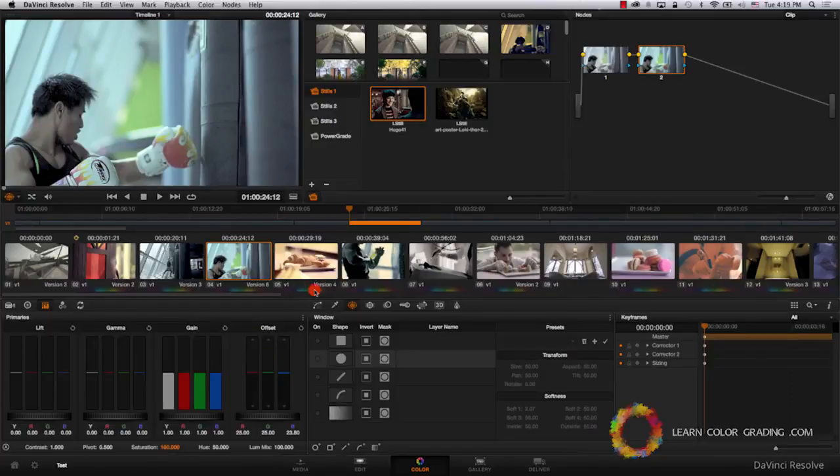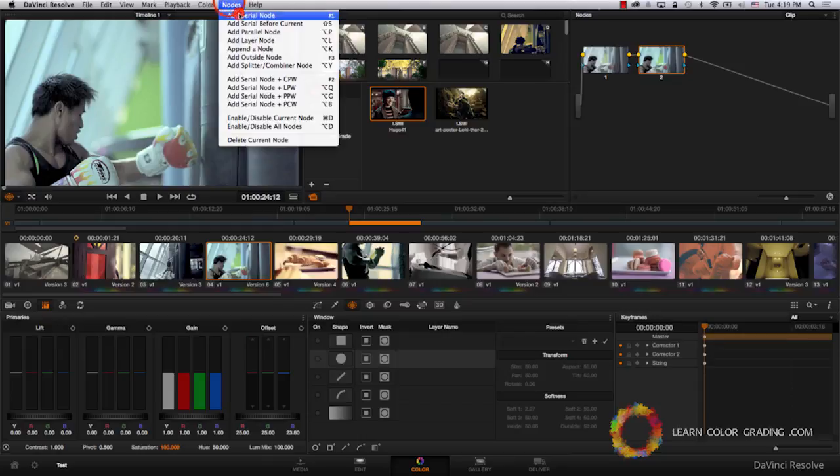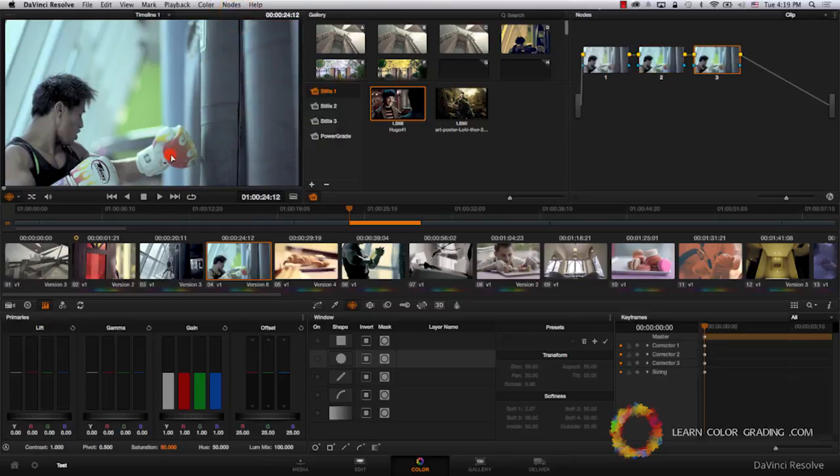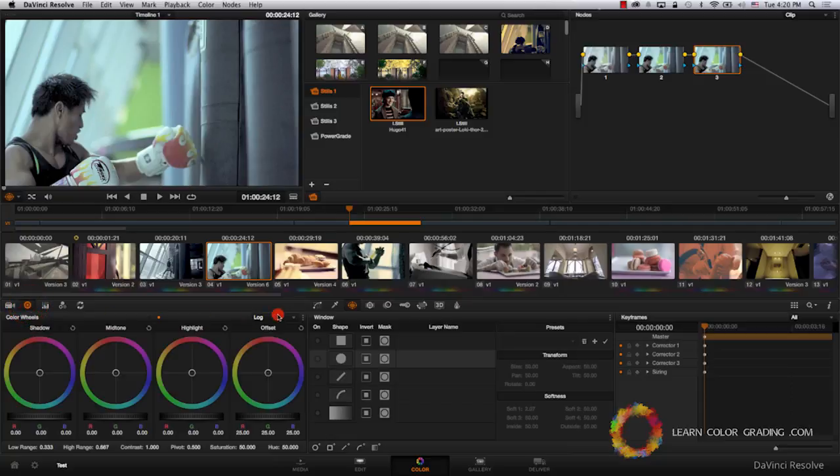I'm going to add a new node. And to stylize the image, I'm going to do it in log mode. Let's go back to the color wheels again and choose log mode. No, we were in log. I just don't like the green background here. The whole image is blue and red, and there is this green that is just pushing through the image, drawing attention to itself. So I'm going to add a new node, and I'm going to go to curves